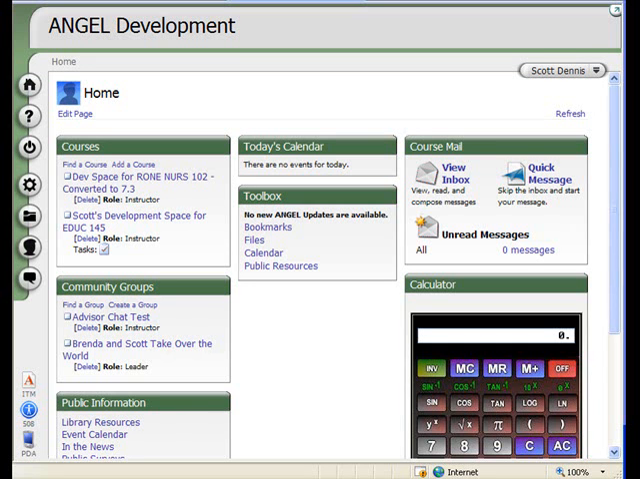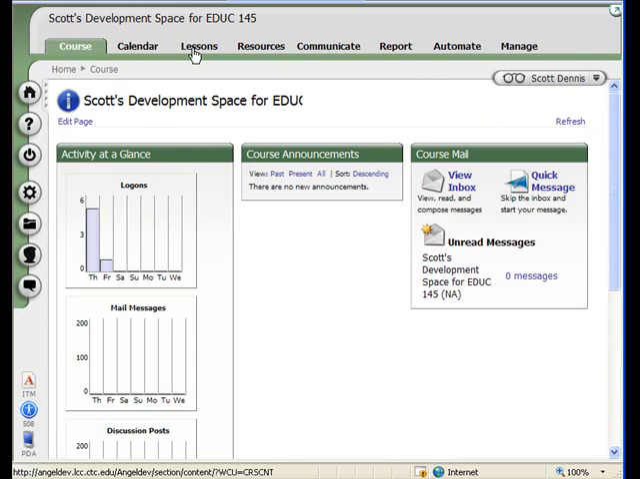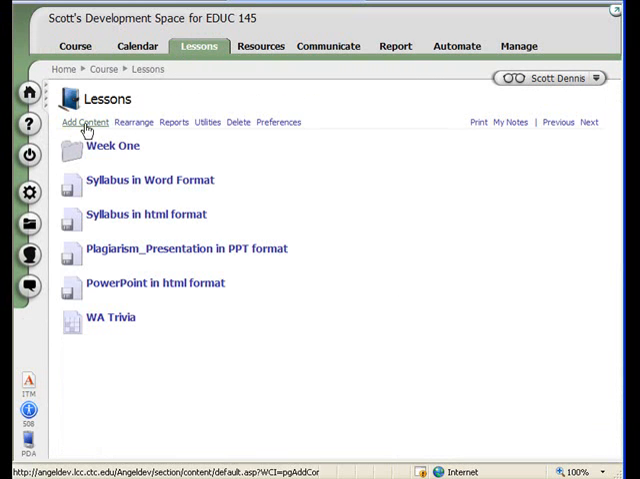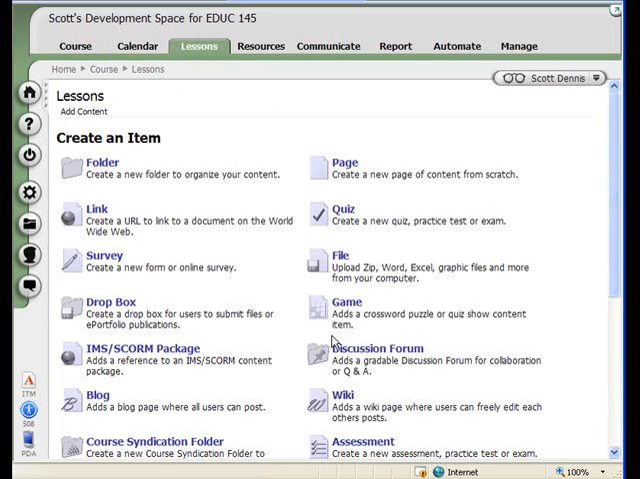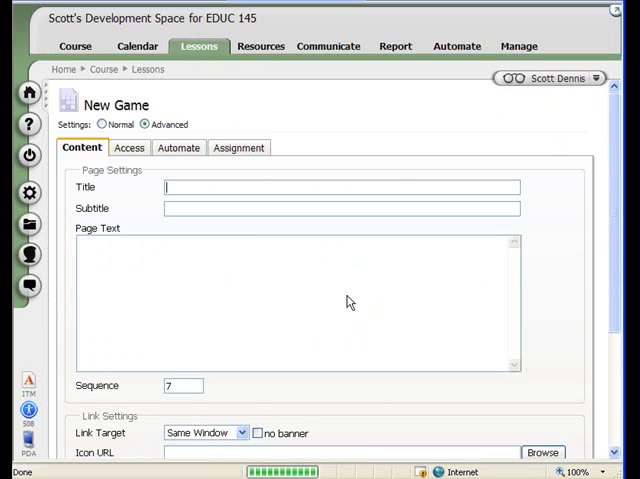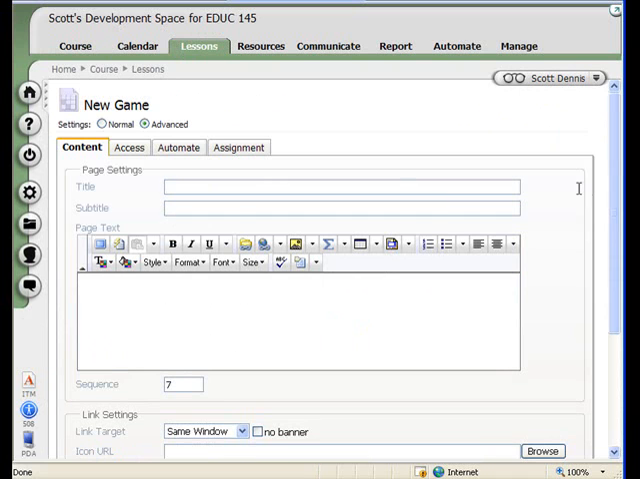Starting with version 7.1 of Angel, sort of a fun thing they added to the lesson content types are games. You go to where you want in the lessons area and add content and add a game. And there are two types of games. You can add crossword puzzles or quiz shows, but you won't find anything about what type of game it is